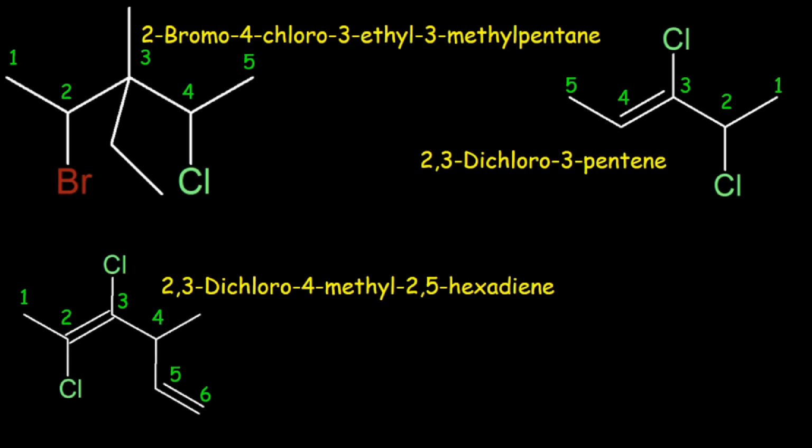Digits and alphabets would be separated by a hyphen and 2 digits would be separated by a comma. The first letter of the name would be capitalized and the name would be written as a single word. Let's have a look at this example.